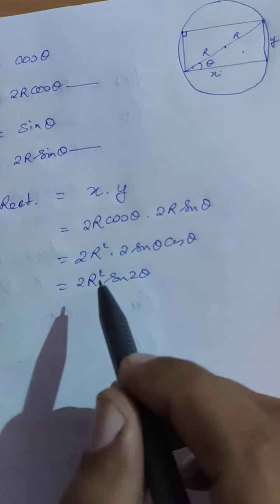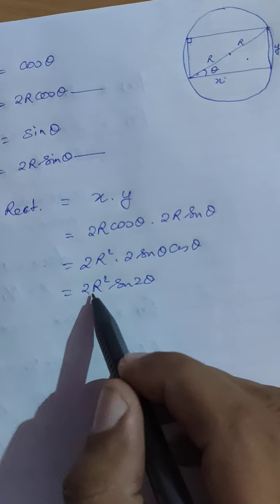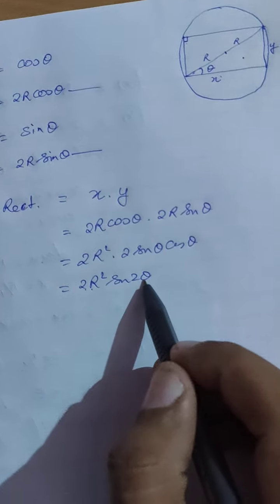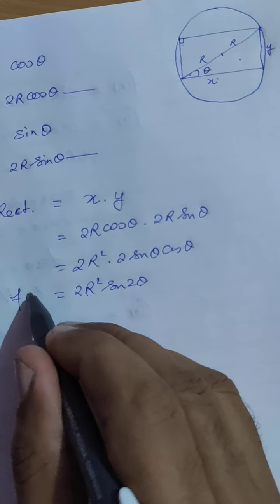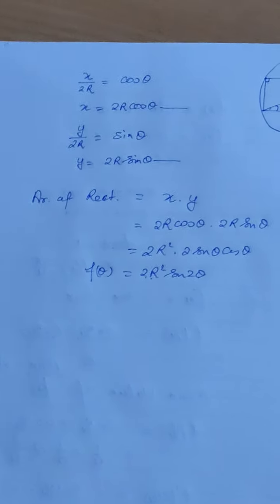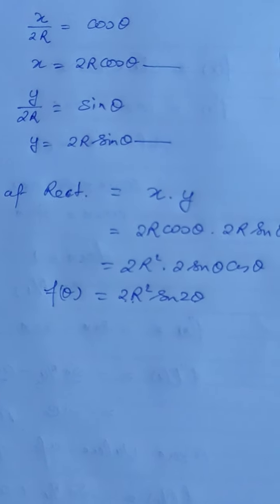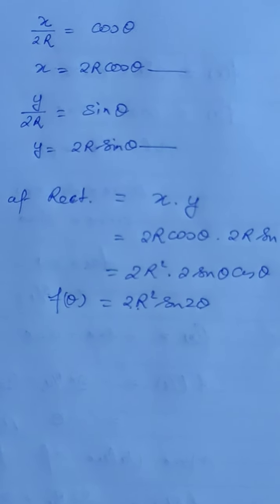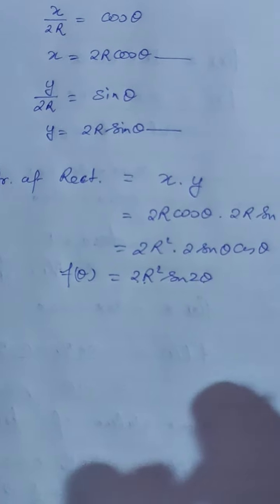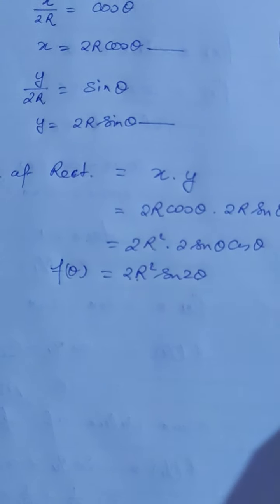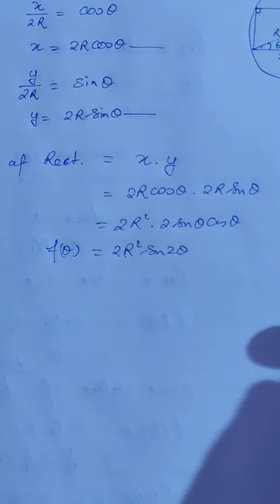Now try to understand, 2 is a constant, r is the given radius, so only theta is the variable. So it will be a function of theta. Think about it, it is a function of theta. Function of theta means the given function is a one variable function. When it becomes one variable, then only we can call it a function.